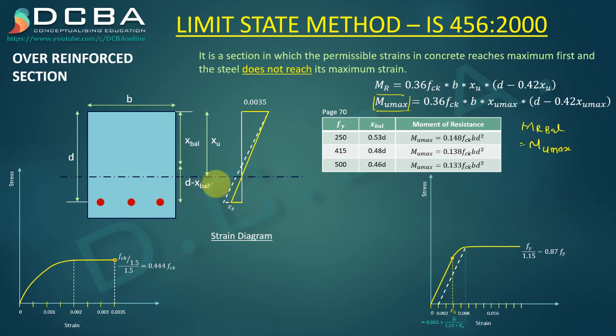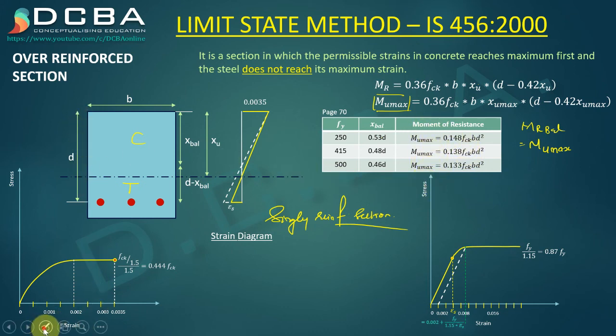It is the maximum moment of resistance that can occur for a singly reinforced cross section. Singly reinforced cross section means that we have reinforcement only on the tension side. This is the tension side, this is the compression side, right? If we have main reinforcement only on the tension side, that is called a singly reinforced section. And for a singly reinforced section, the maximum moment of resistance that it can offer is these values.